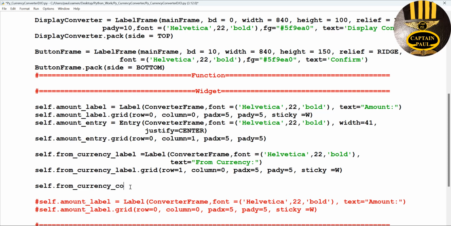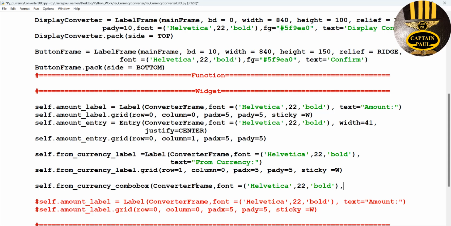So I just call that combo box. And this combo box is a child of this as well. So I'm grabbing all of this. Paste it right here. Okay, so